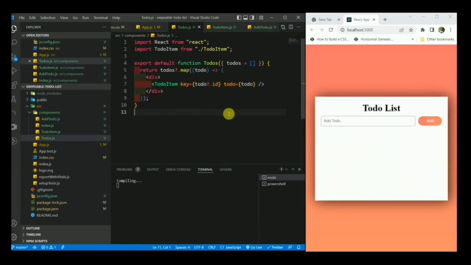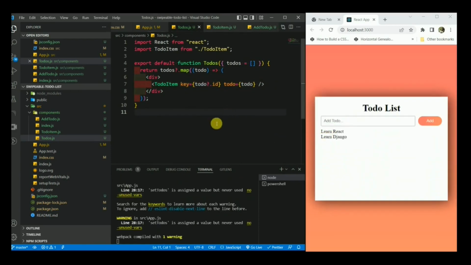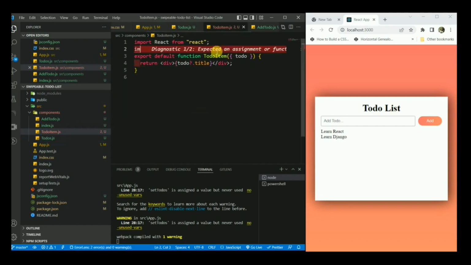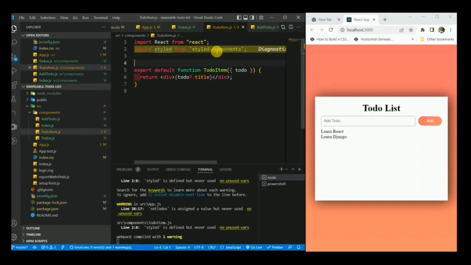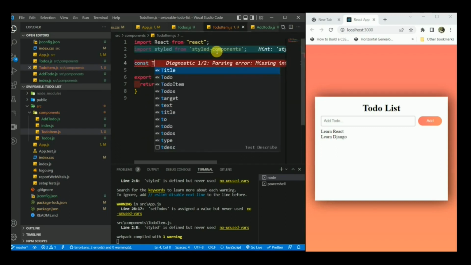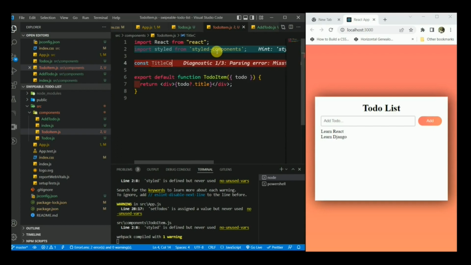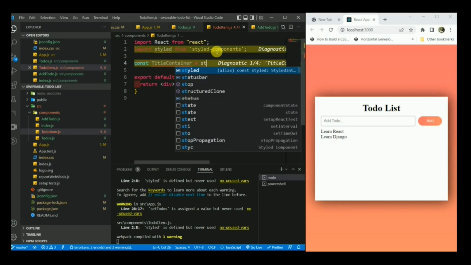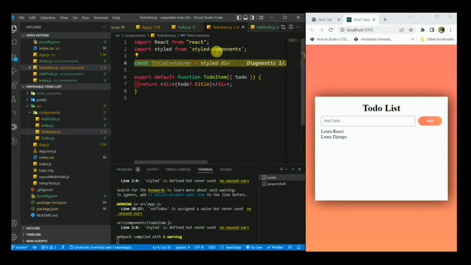Now here we need to write some CSS. So go to our todoitem.js, importing the styled components. And I will create one wrapper kind of thing. Can name it as title wrapper, title container. So this is a div tag. So inside that, give display flex 1. It will take whole width,